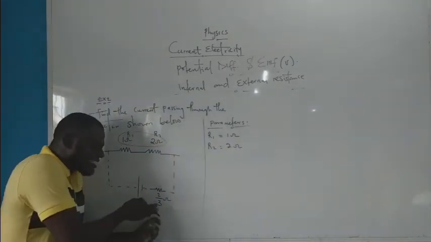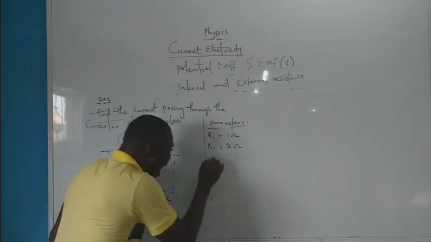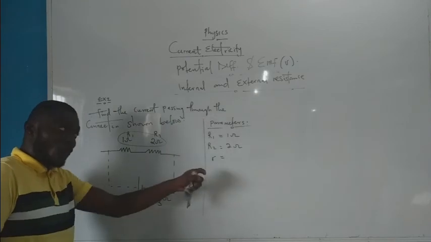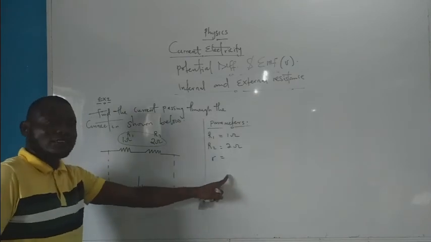Then we are given the internal resistance, that is small r. Small r, and you know what it does in that circuit? The function is to determine the